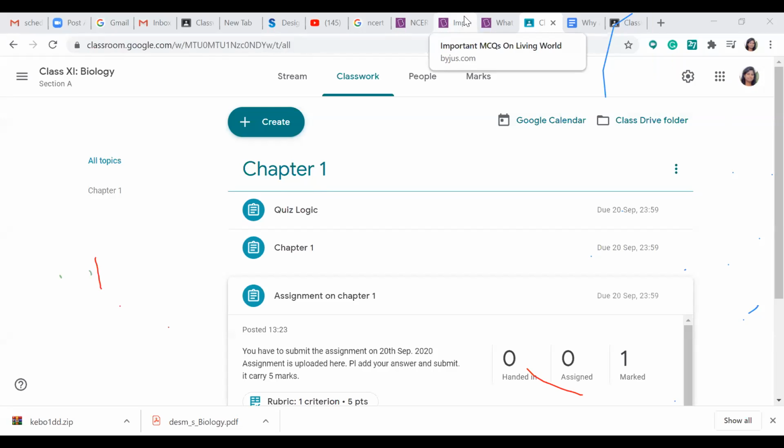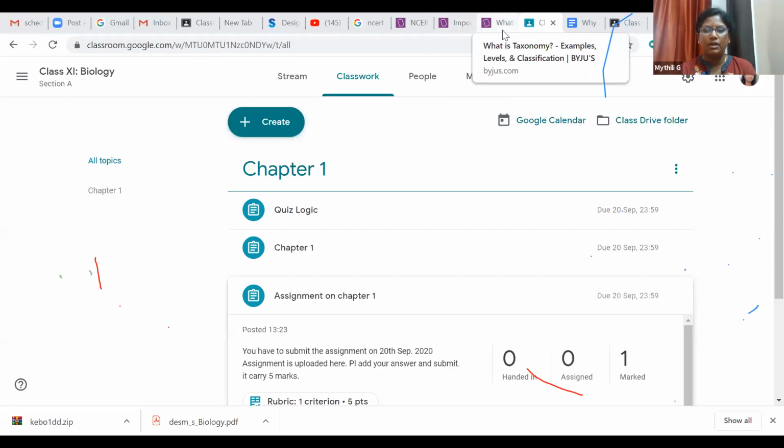Because if it is wrong, then you can say that. As I mentioned here, for example, if they are not able to give the correct answer, then you can say that this answer is wrong. Again, go through the material and come back to the quiz. That is also possible. It's very much possible. You can set it like that also.